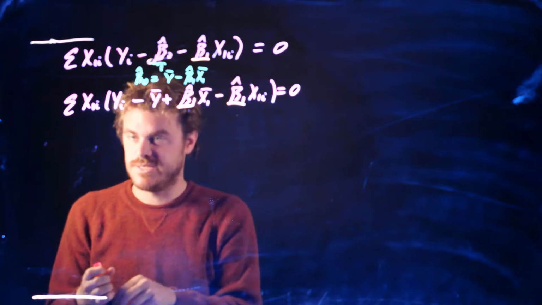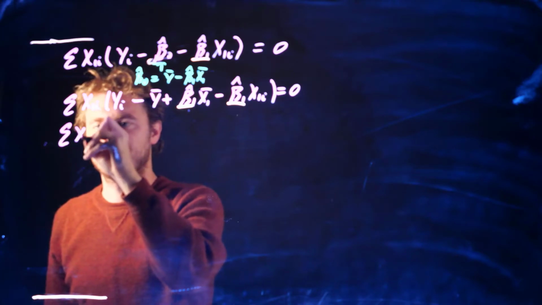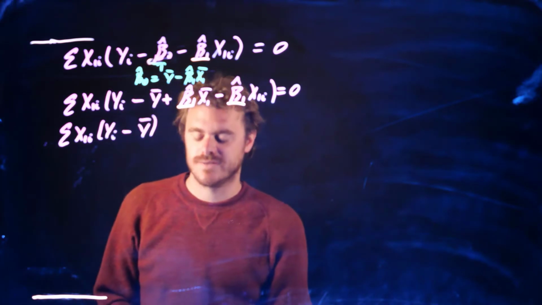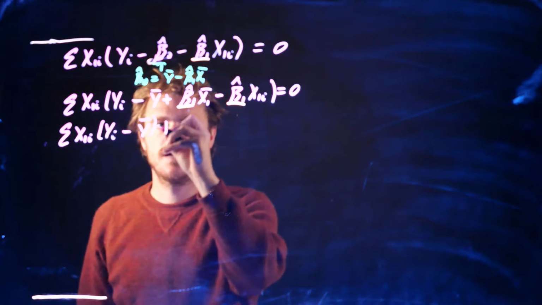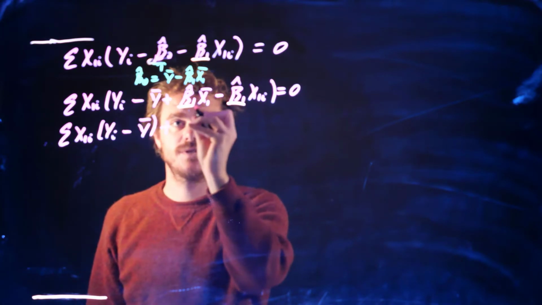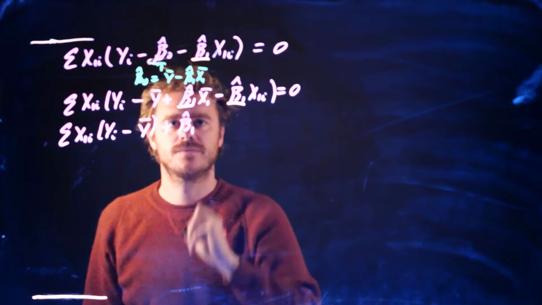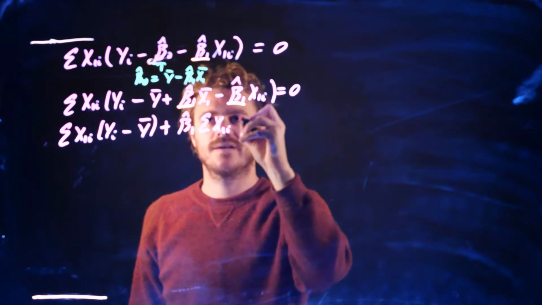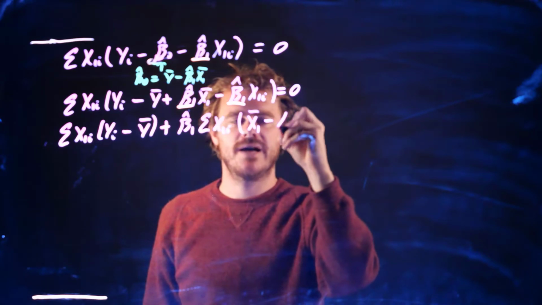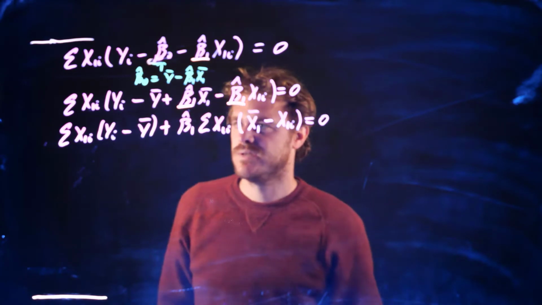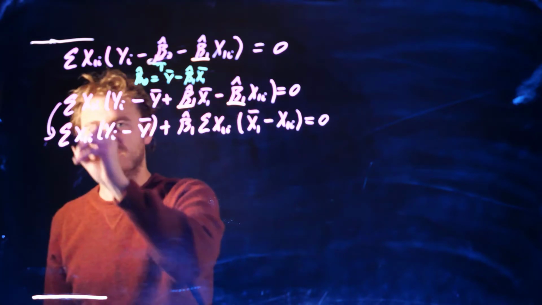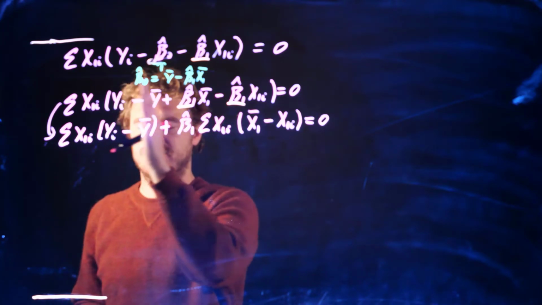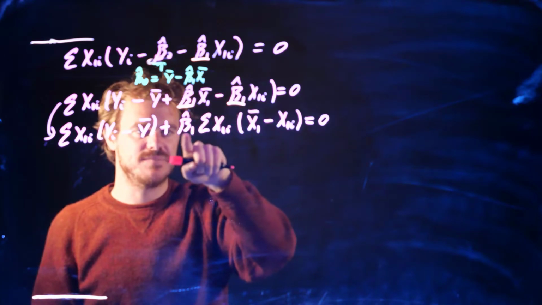Okay, so let's just do that. So the first sum we're going to have are these first couple terms. So let's just leave those together since they don't have a beta hat 1 involved. And then we're going to think about another sum. So let's common factor this beta hat 1 out. We still have this being multiplied in, so x1i. Then we have x1 bar minus x1i equals 0. So between these two lines, we're just dividing the sum right here. We're keeping everything there together, and we're keeping the terms that have this beta hat 1